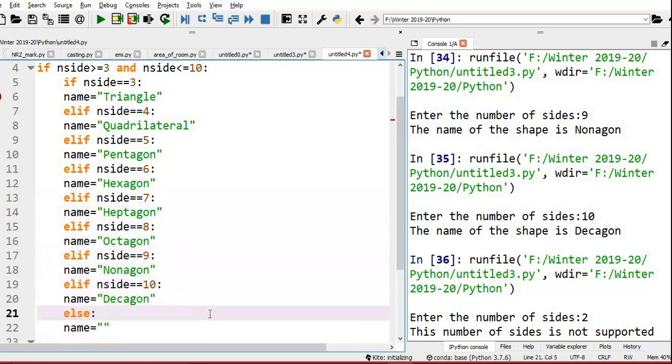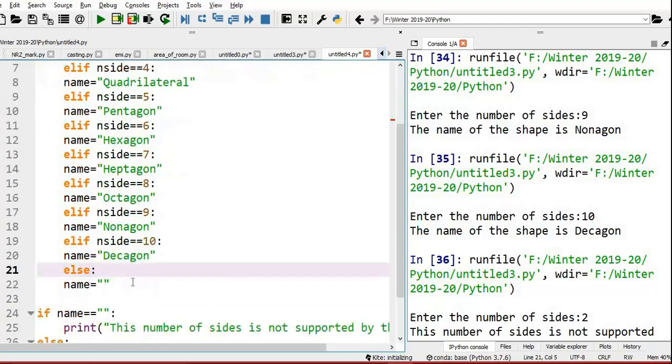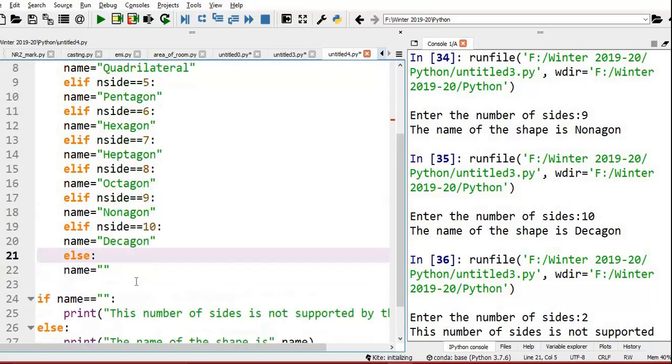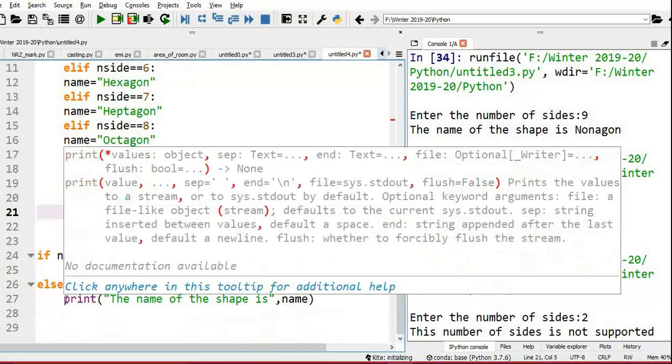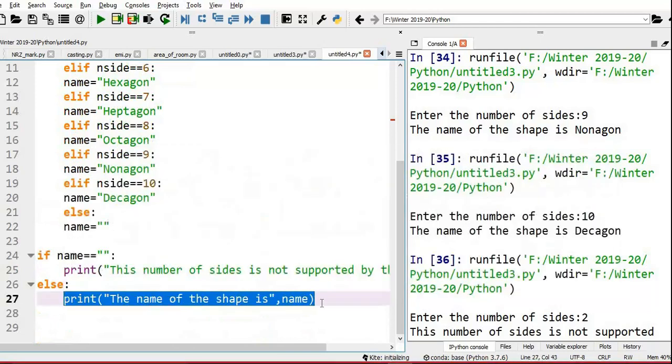Okay, then this will work. I think now this else is not required. Am I right? This else is not required. Instead, you can have the print here.